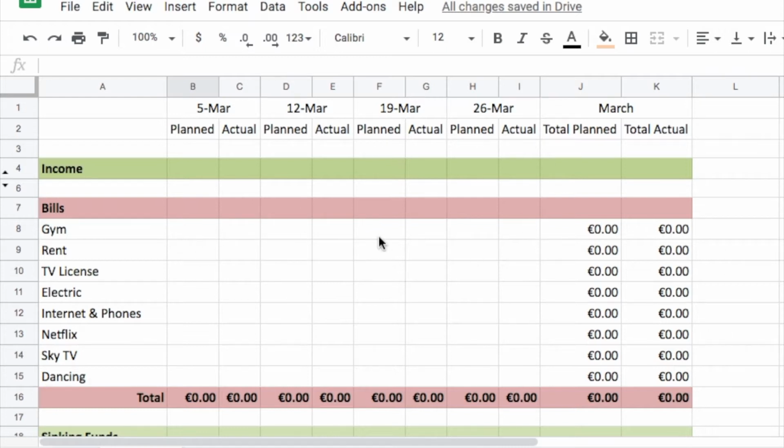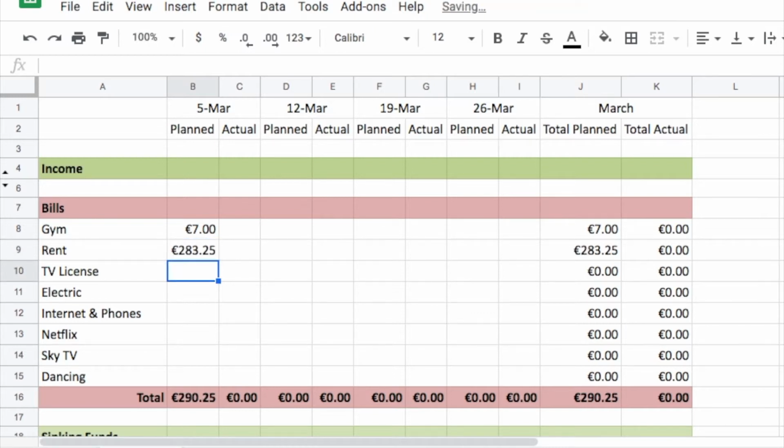So what I'm going to do now is budget March the 5th's paycheck with you. So this is what we are planning to do, okay? Basically we're going to put in, our gym is 28 euros per month, which means that we've put in 7 euros. Our rent is going to be